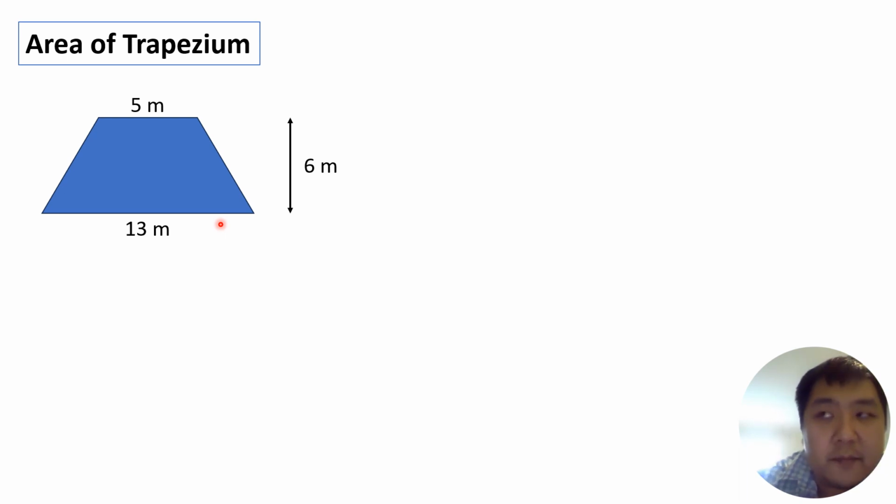We're not going to use the formula in the textbook because I think it's confusing. You're just going to look at it and say there's 5 there, there's 13 there. So if the top is 5 and the bottom is 13, what's the average length across? If I take the two sides and tilt them so that they go straight, what would the length across be? We do 5 plus 13 and then divide it by 2,